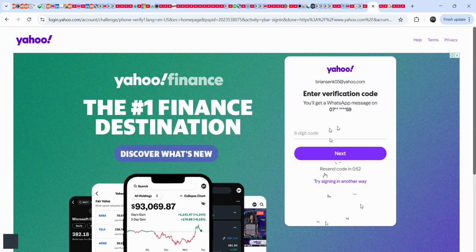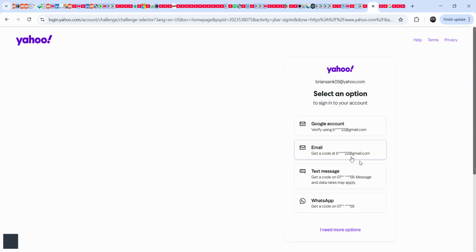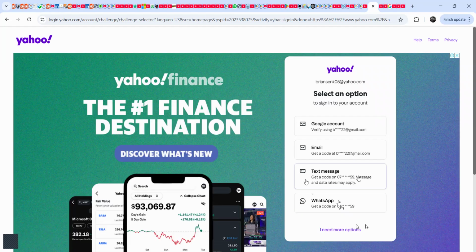I don't know what's up, but this is something I did for the last 2 days, and it didn't work. I even tried to use my email, and it didn't work. I tried this on WhatsApp, it didn't work. Text message, it didn't work. Getting a message on my secondary email also failed. I don't know if it's a temporary glitch at Yahoo, but what I did is I went and used